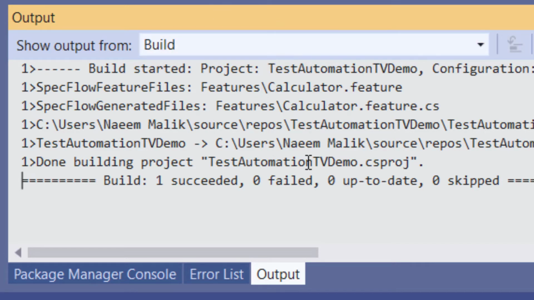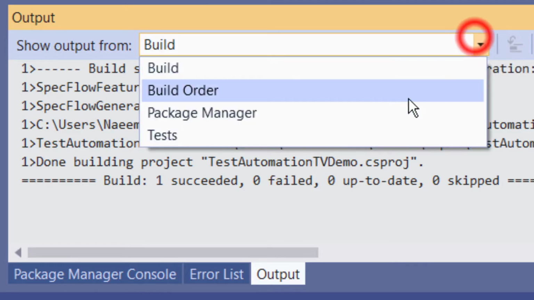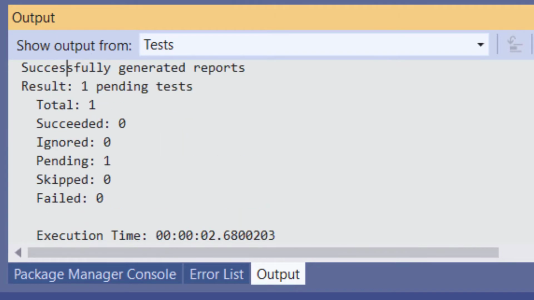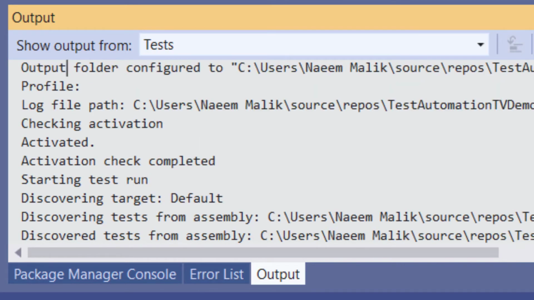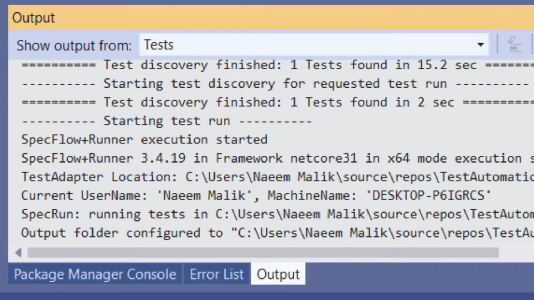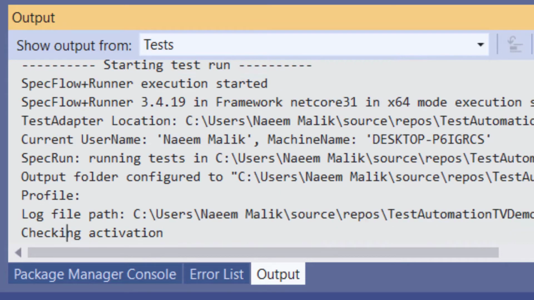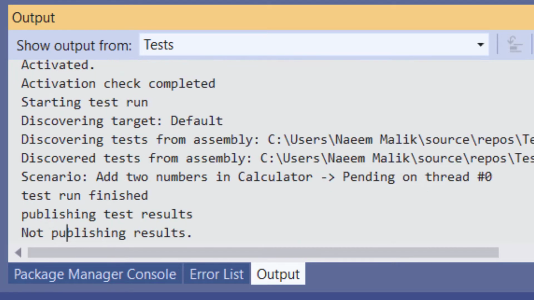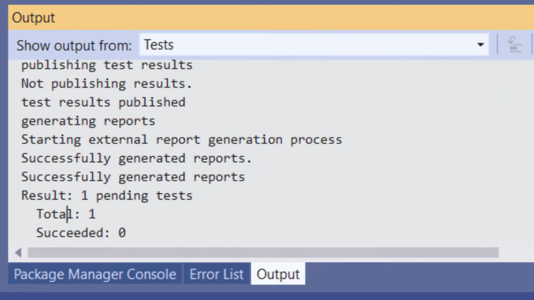I'm going to explain what happened here, but you will see various options in this output. The URL to sign up for a free SpecFlow account is going to show in this tests console when you have not signed up for a free SpecFlow account.